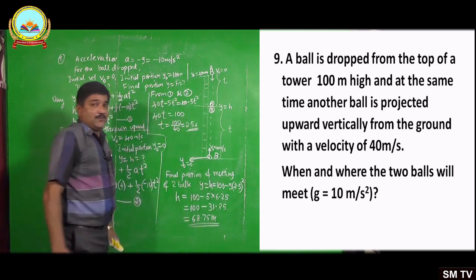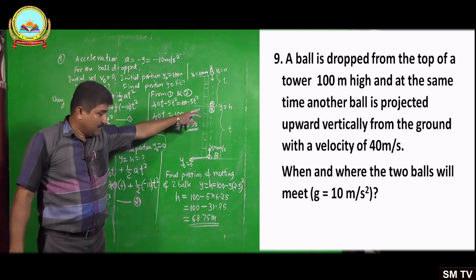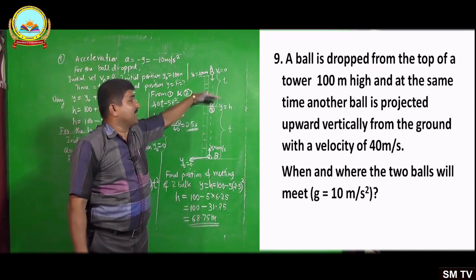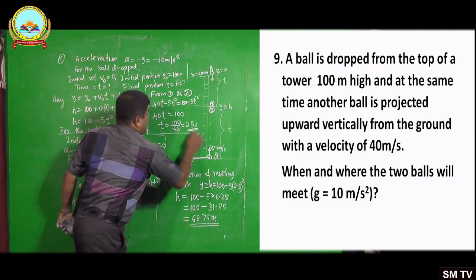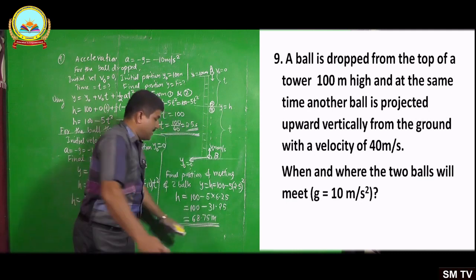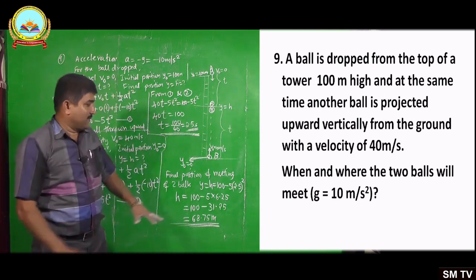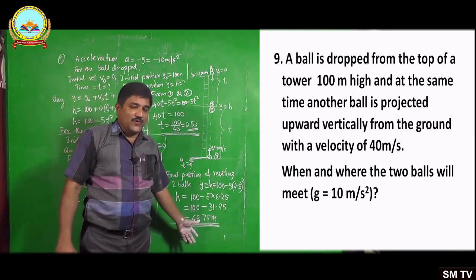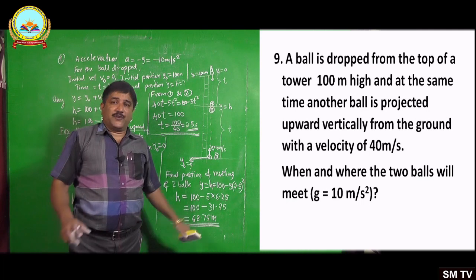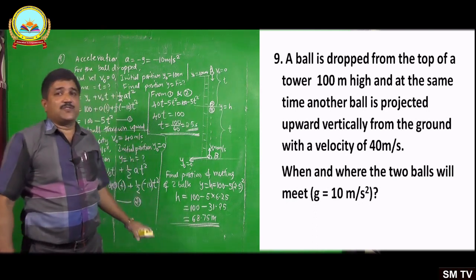So the answer finally, what we can say, after a time 2.5 seconds, the two balls meet at a height 68.75 meter from the ground. So this is the answer. What we need is the time after which they meet, 2.5 seconds, and the height at which they meet, 68.75 meter from the ground. From the top it is just 31.25 meter, but we are telling with respect to ground only. If the question is specific from the top we can say how much, but when it is not mentioned, always say the values with respect to the ground.